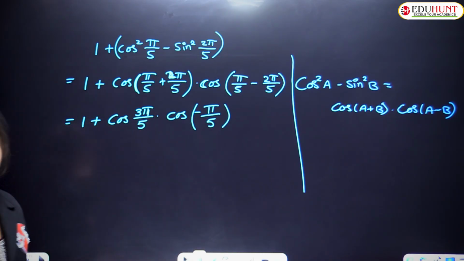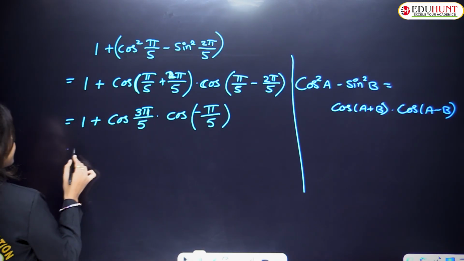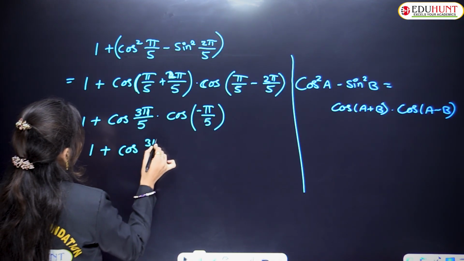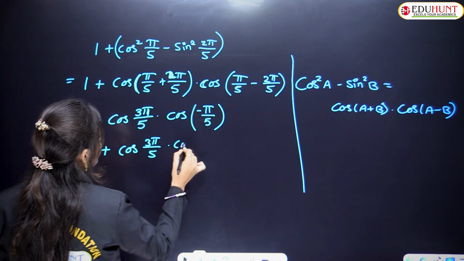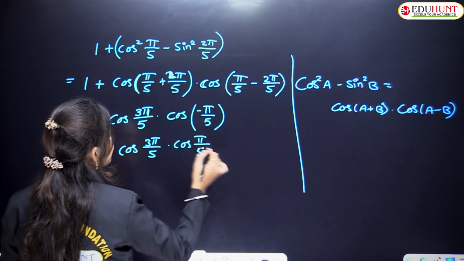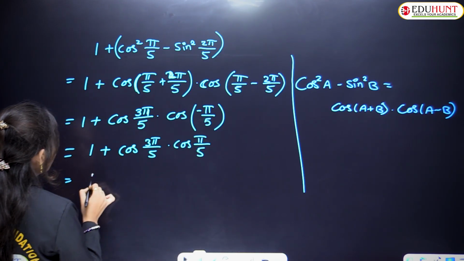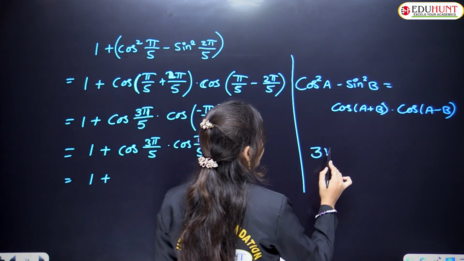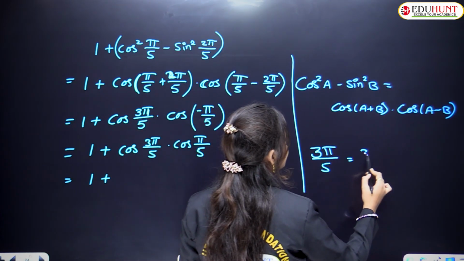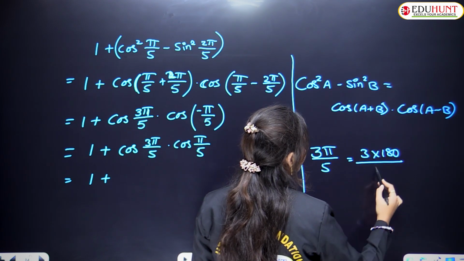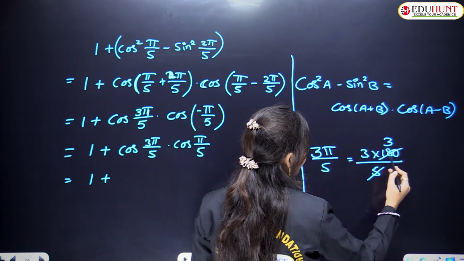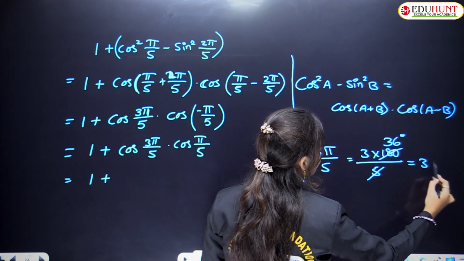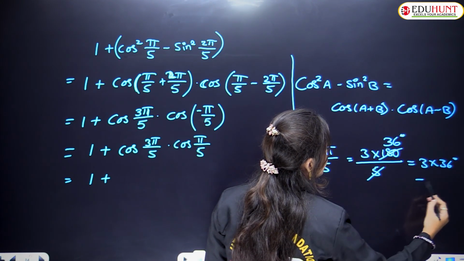Cos of minus pi by 5. So which is equals to 1 plus cos 3 pi by 5 into cos pi by 5. Cos of minus theta is plus cos theta only. So which is equals to 1 plus cos 3 pi by 5. How can we write 3 pi by 5? 3 into pi means 180 by 5. 5 6 30, so 3 into 36, that is nothing but